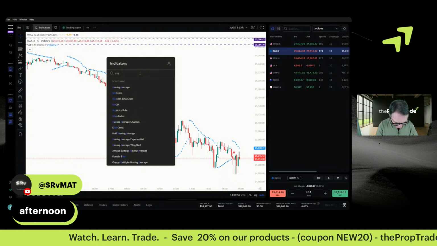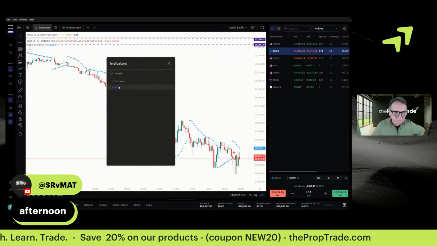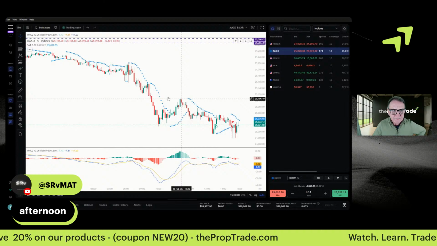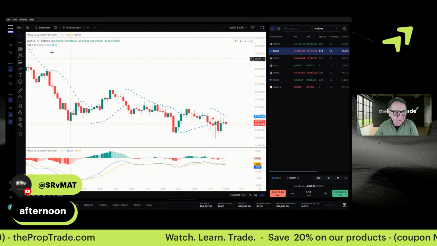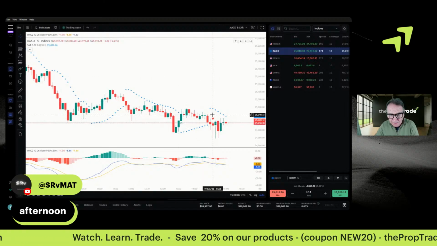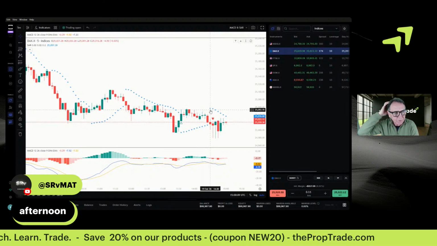Sorry, I'm just going to put the MACD back on because it was displaying a bit oddly. There we are. So sorry, what was I saying? Yeah, so the hourly was still clearly negative,